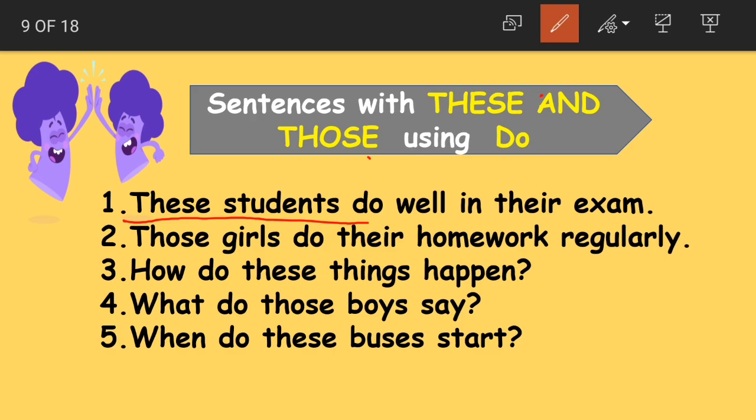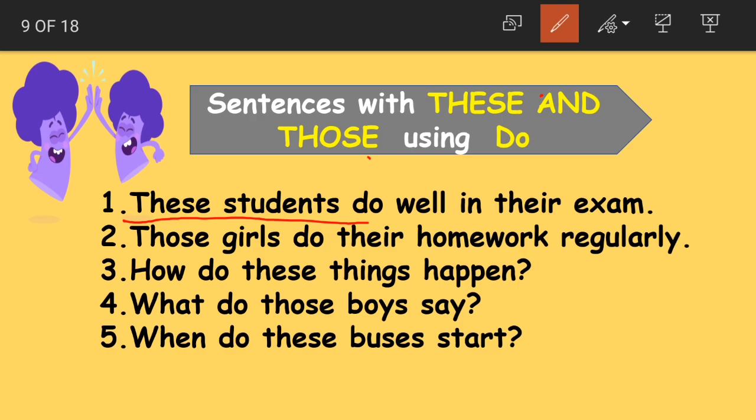So those who are sitting in the first bench or the second bench become very near to the teacher, no? The last bench students will be a little far away from the teacher, no? So then we can address those students, the last bench students, as those students, because they are a little far away from the teacher. First and second bench students will be nearer to the teacher, so those students become these students.